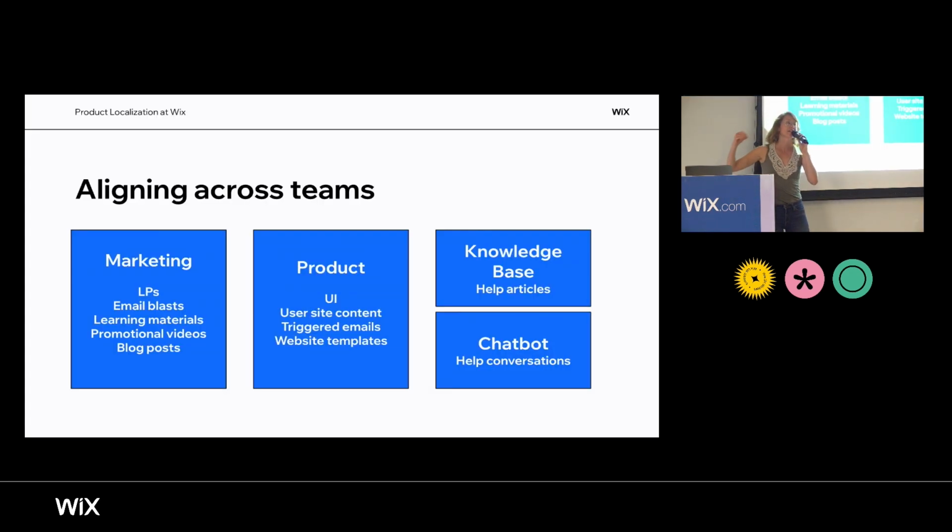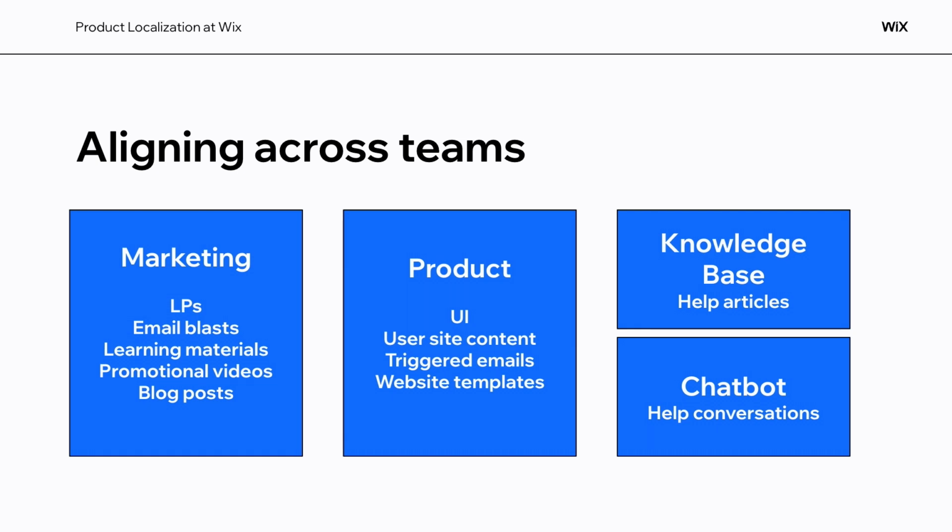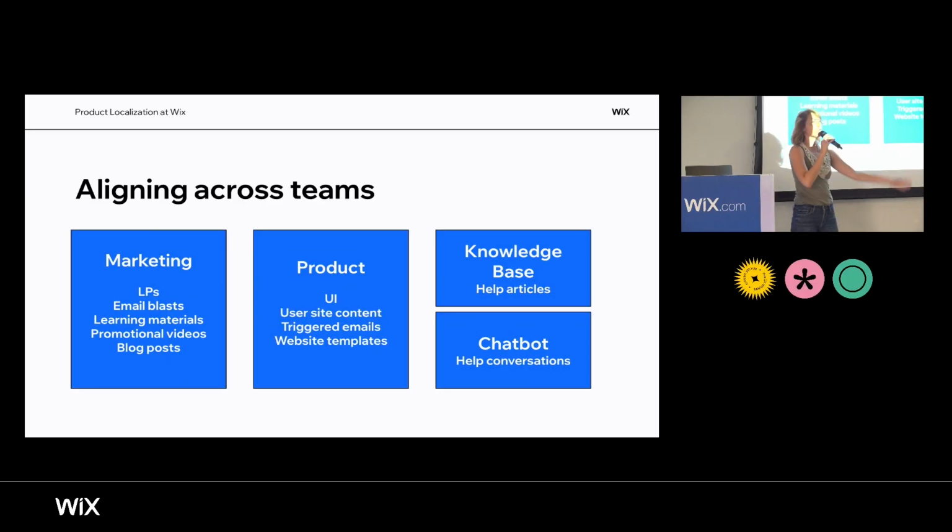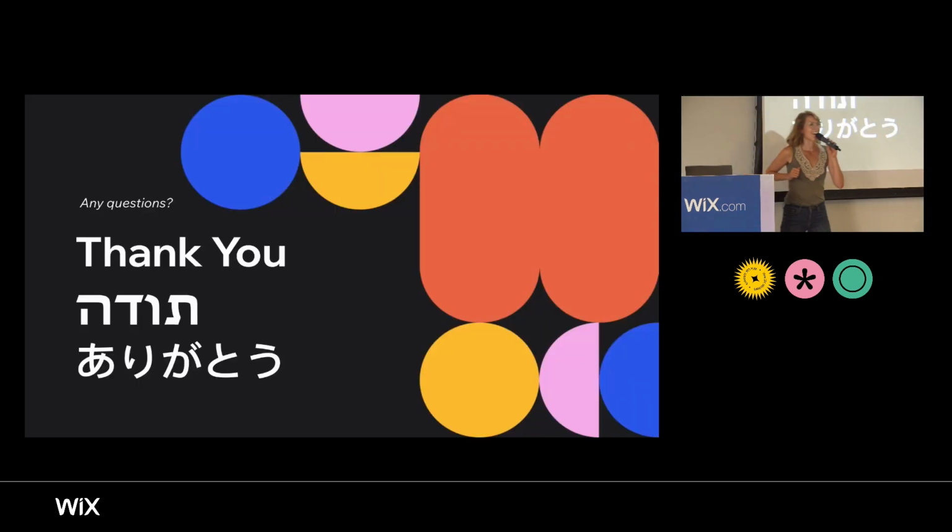And I think this is the hardest part, and I would say we are still working on doing a better job at this, but it's also about aligning across teams. How is the marketing localization team doing marketing? Where are they putting their focus? Why are they putting their focus there? How is our knowledge base doing localization? Are we using the right terminology across all of our different areas? Our chatbot, which helps with customer care communications, are they using the same terminology that we are? How are they doing localization? What languages are they focusing on? What locales are they focusing on? So we're working on that. I think we need to do a better job at that, but it's also super, super important. And that's it for now.